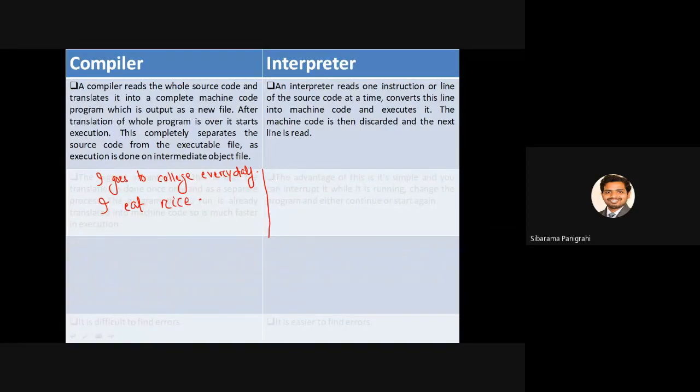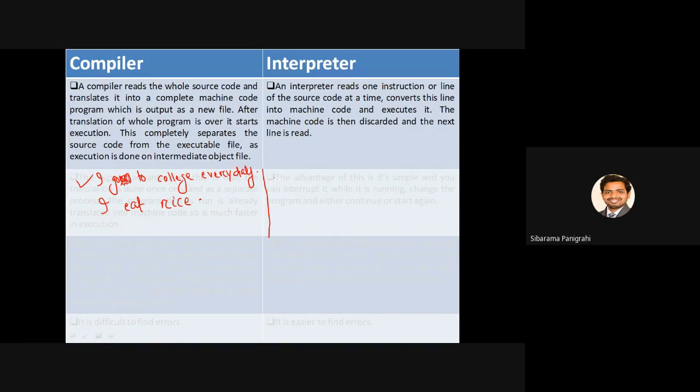So before translating, I have to check whether this source language is correct or not. So "I goes", here "goes" I cannot write. This is a syntax error. So I have to eliminate it. First, while translating, I will check whether there is any error in the source language or not. If there is any error, it will show the errors. A good compiler should show the errors, and the programmer should rectify the errors. So once the errors are corrected in the source language, then the translation process can begin.